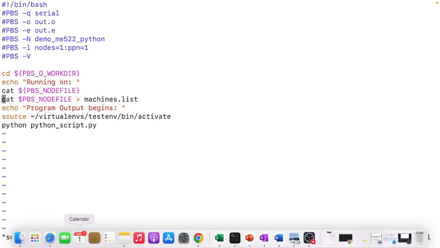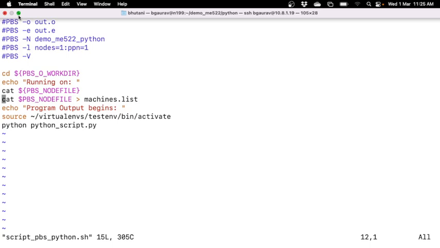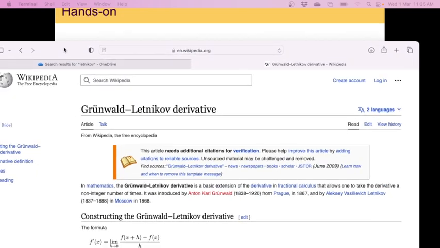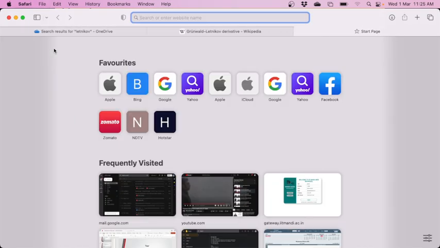In fact, if I go to the HPC website, right, so if I open the HPC website,